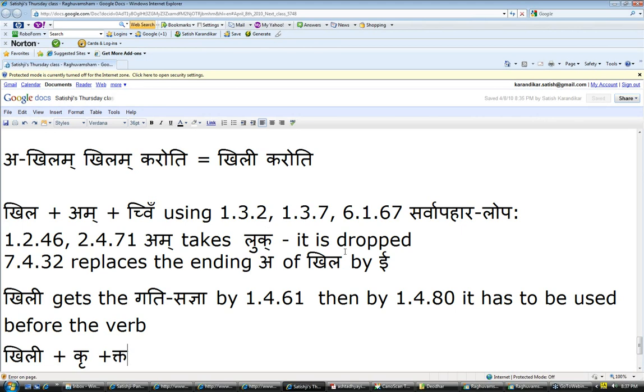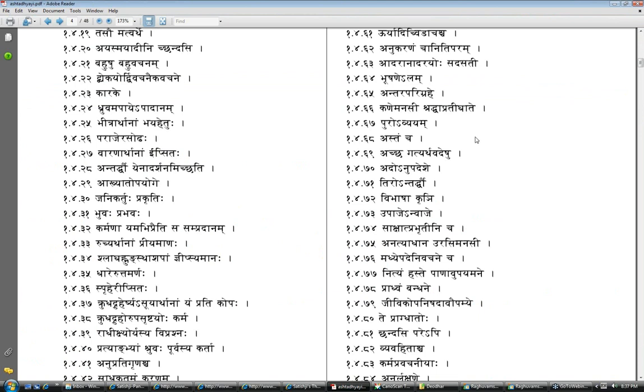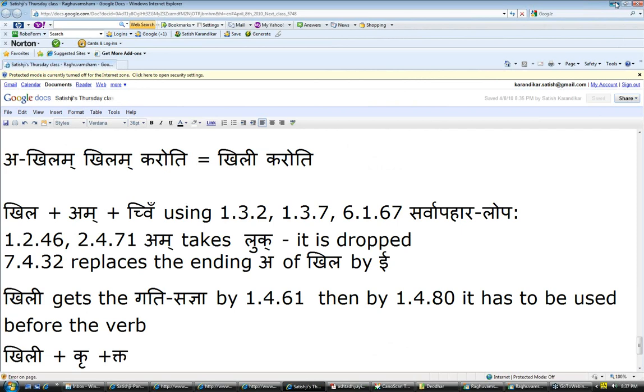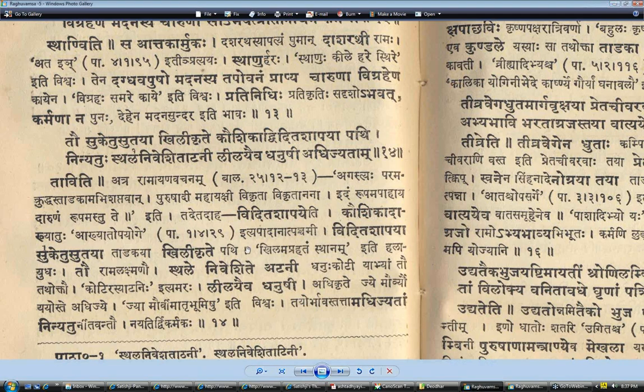So that was a difficult part in this shloka, I thought. I think many of you may not know it, because tadita is a difficult thing. But this is one of them. And he doesn't tell you how it came, because he expects you to know that. So, khili krite. He only tells us khilam aprahatam sthanam, that we got. Then tau rama lakshmano, I think it's kind of obvious, we already did that. Then sthale. Okay, now that top part is over.